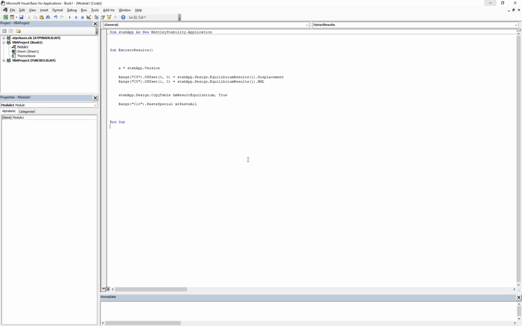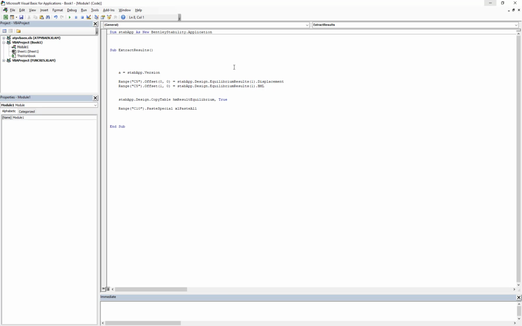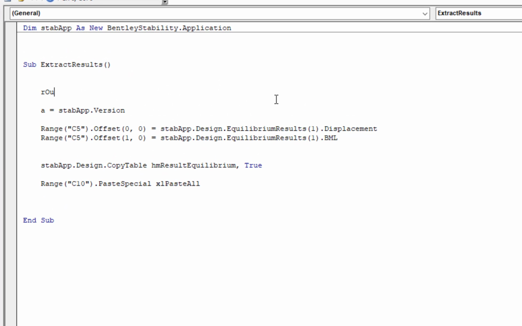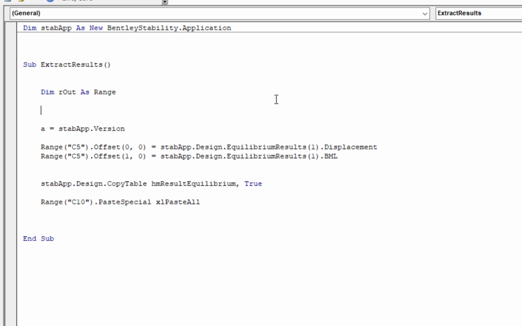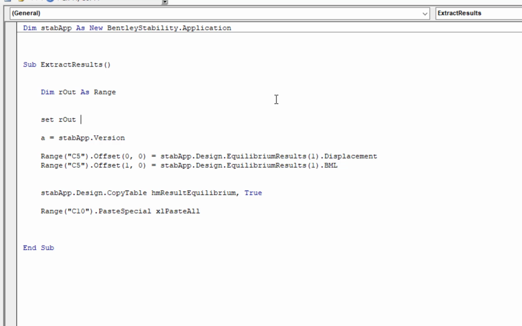Now, there's quite a few things that we can do differently in here to try and simplify this and make our program easier to follow and easier to adapt and change. One of the things I often do is to use ranges instead of particular cells. So starting with the letter R tells me it's a range. Dim R8 out as range, and then set R out equals worksheets